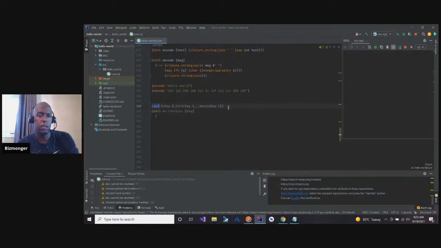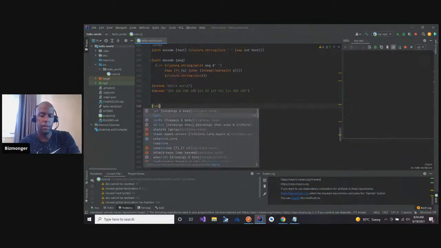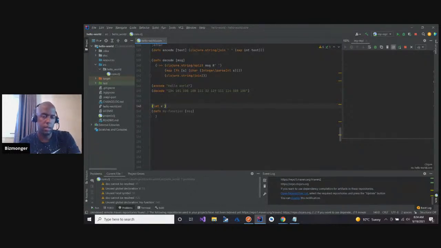Okay, but to validate that, let's say I did... Hold up. Did I have this one? Yeah, I had it within parentheses. To validate that, what if I just said let x 1? Am I allowed to say that? No. Am I supposed to put this in brackets? Yes. Okay.